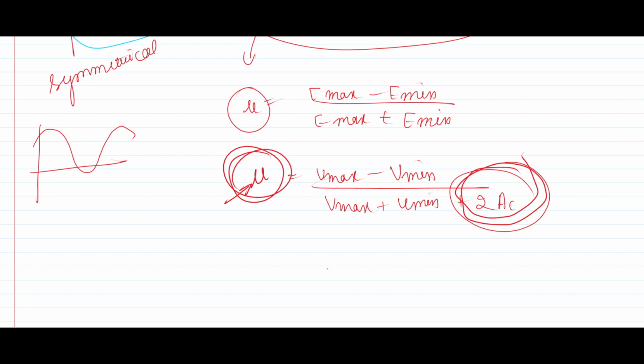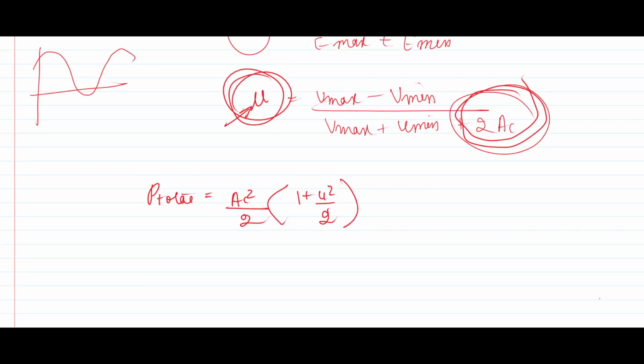Now the other important thing that you will find is, if you are given an antenna of resistance R. Sometimes in ISRO exams it is asked that there is an antenna of resistance R, and to find the total current if this is the carrier current. In those types of questions, if you have to find the total power through the antenna of resistance R, it is given by AC squared by 2 times 1 plus mu squared by 2. This is the normal power of a simple amplitude modulated signal. Total power is given by this.